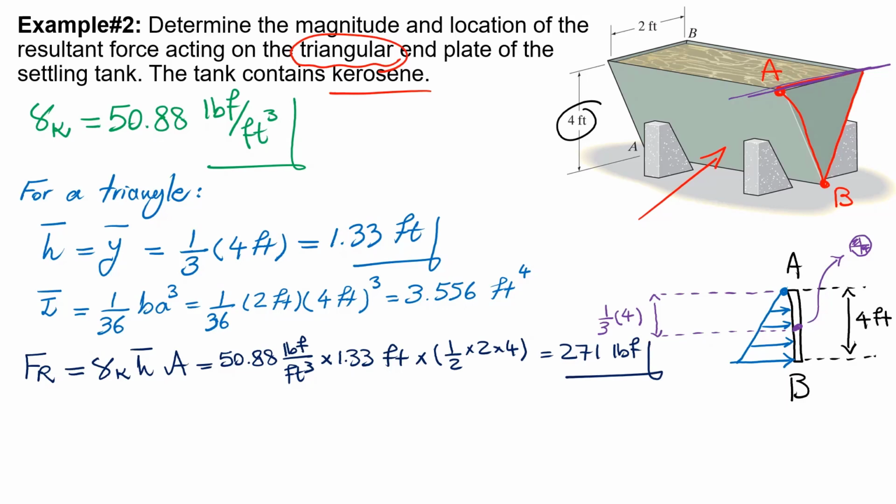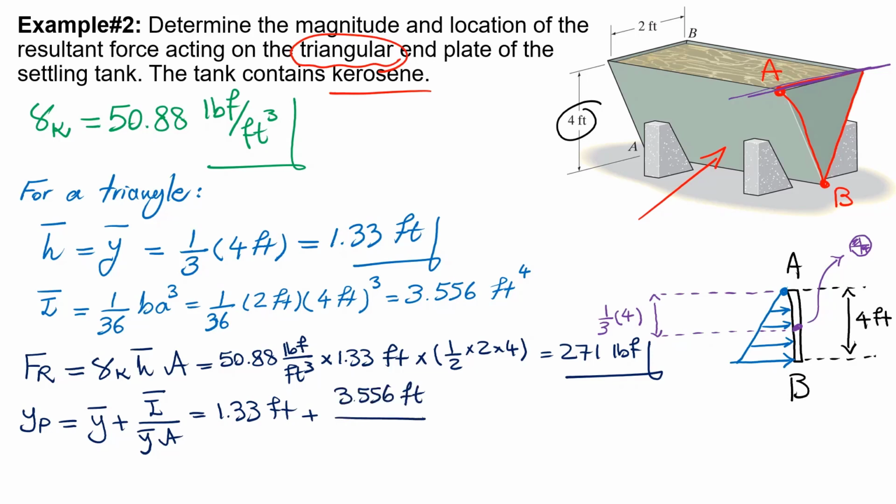That's Fr. Now we need to calculate Yp, or Ycp, which is the distance to the center of pressure. If you do that, it would be Y bar plus I bar divided by Y bar times A. Y bar or h bar, they are equal right now. It would be 1.33 feet plus 3.556 divided by 1.33 times the area, which is 2 times 4, and if you calculate this, the final answer would be